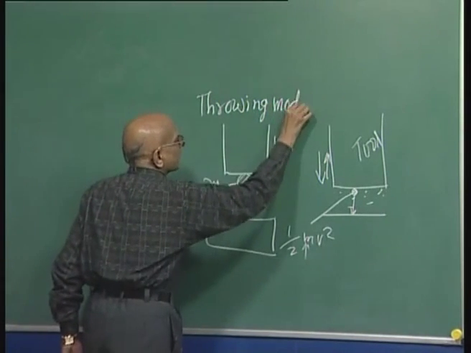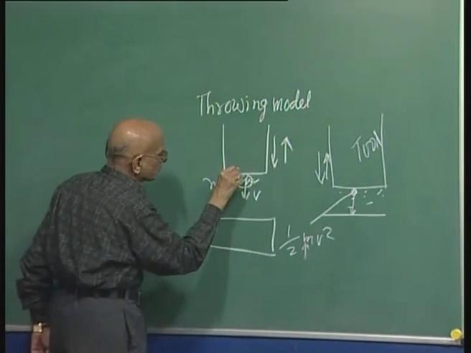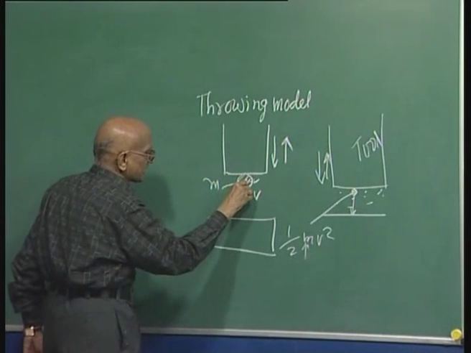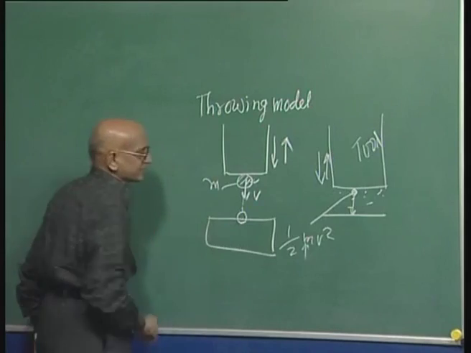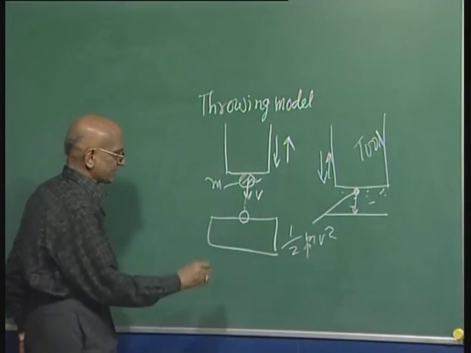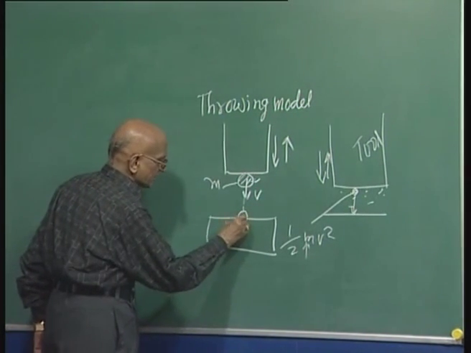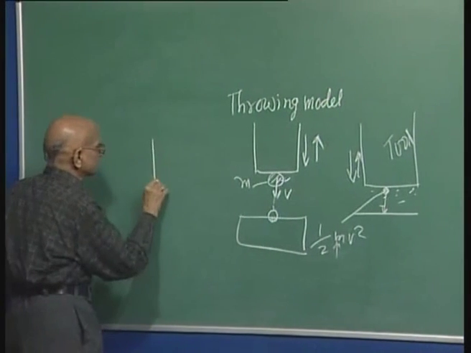Now, in this throwing model, as I just mentioned, the tool is hitting the abrasive particle, which moves towards the workpiece and hits it, creating a cavity in the workpiece. In the second model, what he is assuming